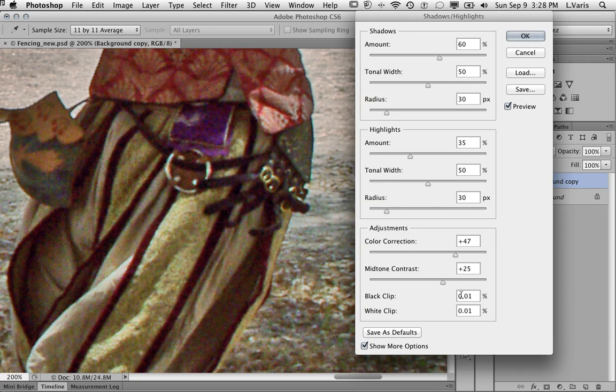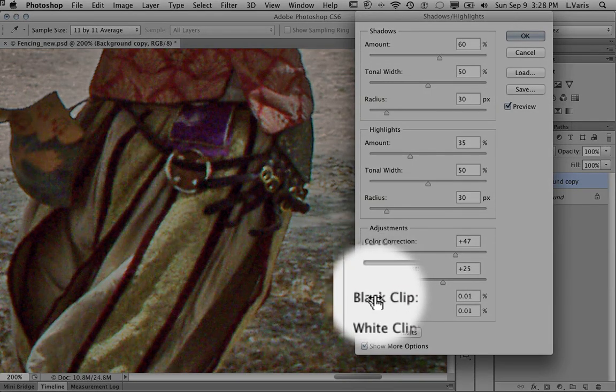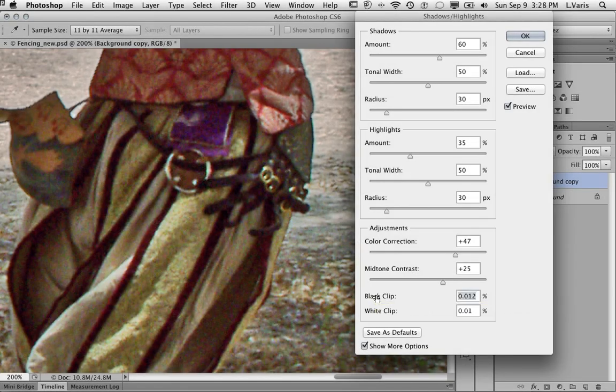Okay, so the black clip is where it sort of puts a black point into the image, and the default is fairly low because very small moves in this will have a dramatic effect. We can kind of increase the value here using the kind of scrubby brush here. If I place the cursor right over a black clip here, I get that little side-to-side arrow indicating that I can now move the values in that field just by scrubbing. So if I go up and I increase that quite a bit, it darkens the darkest things in the image,